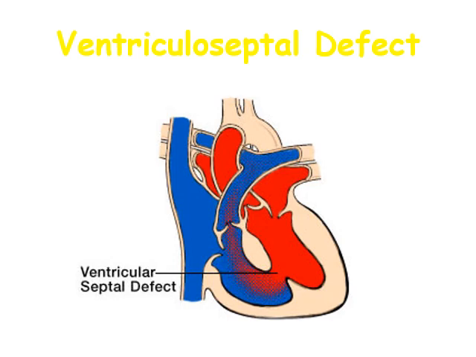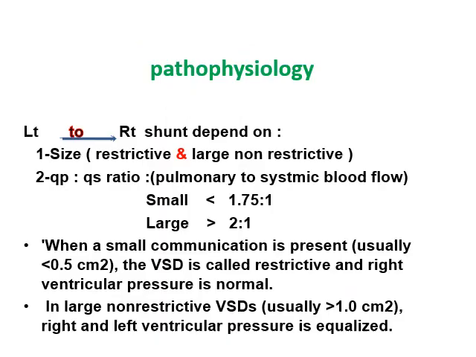This diagram shows the ventricular septal defect and the shunt that causes a left to right shunt, with mixing of oxygenated blood with the right ventricle containing deoxygenated blood. Pathophysiology of ventricular septal defect: this causes a shunt, a communication, and the blood will go from the left ventricle to the right ventricle. The shunt depends on the size and, number 2, on the ratio between